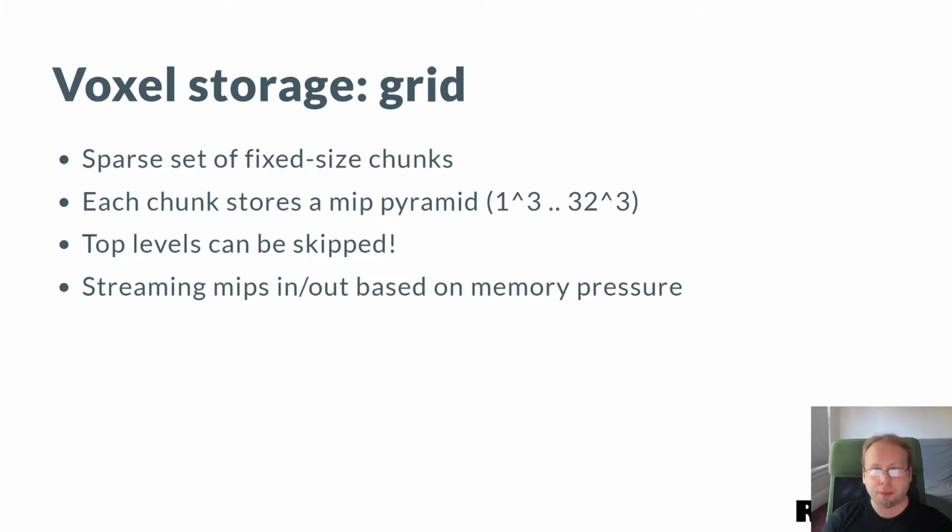Now, before getting into that, how do we store the voxels? So we have a sparse and multi-resolution storage. Sparse means that we don't know what the world bounds are, we don't know where the content that's interesting is, we don't even know if it's mostly a flat world or if there's a lot of depth to it. So we store it as a sparse set of fixed-size chunks. Fixed-size chunks are convenient for us as a unit of work, and then sparsity is important to support varying use cases.